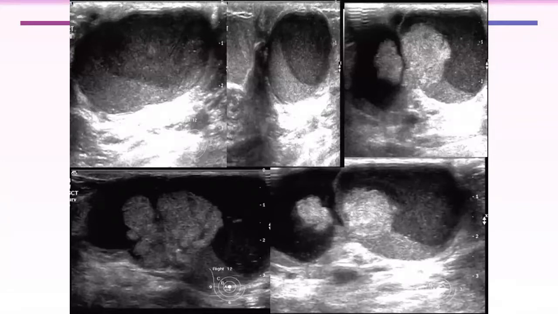So what is your impression here? Change or still? No, I think it upgrades the lesion. I will put it as BI-RADS 5, and it is for biopsy. Okay, it is for biopsy. But what do you expect it to be? It may be a papillary carcinoma. Okay, which is rare. Okay, papillary carcinoma versus